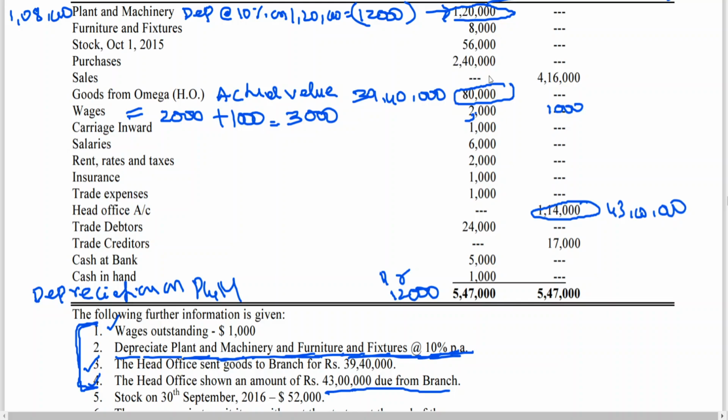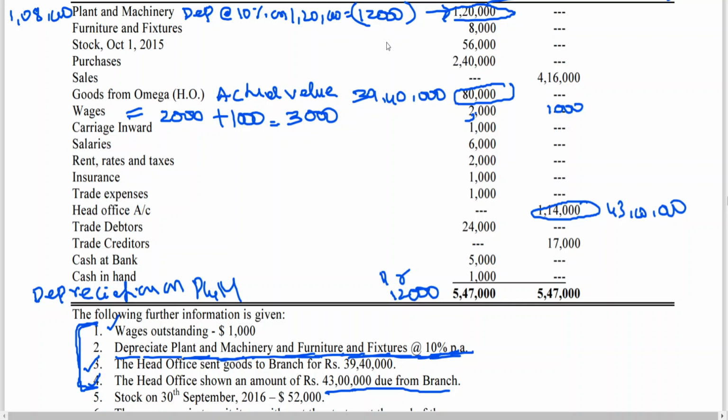This 1,20,000 is the trial balance figure in foreign currency, no? 1,20,000, 10% we got 12,000. So depreciation on plant and machinery will become 12,000. When 12,000 is there, the depreciation also will appear on the trial balance. That means you are splitting the plant and machinery in two parts: 1,08,000 and 12,000. In simple words, because we need to calculate the depreciation and plant and machinery at actual exchange rate. This you have learned in the last class.